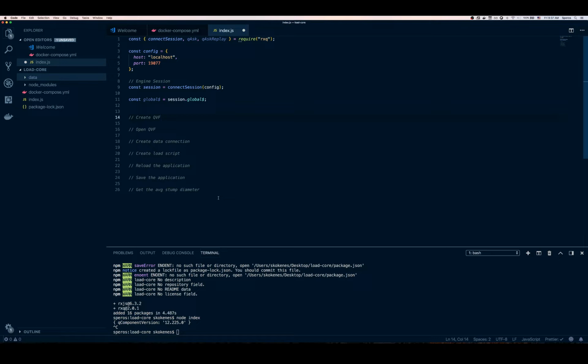So I'll show you how we do each of the steps individually, and then we're going to put those together into one long pipeline that we can execute and get our final answer out at the end. So to create the QVF, we are going to use an API call called